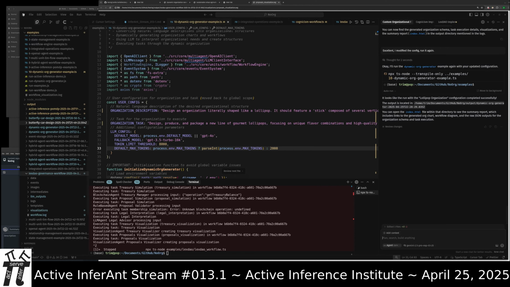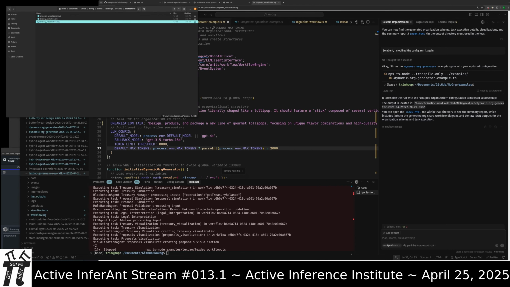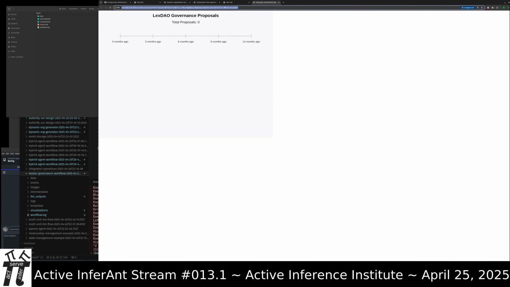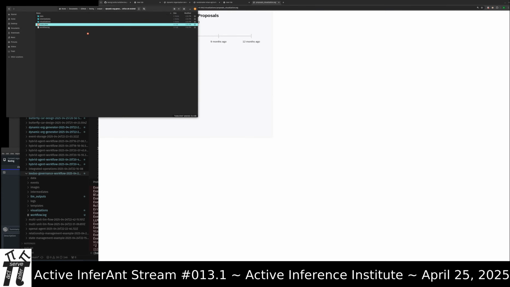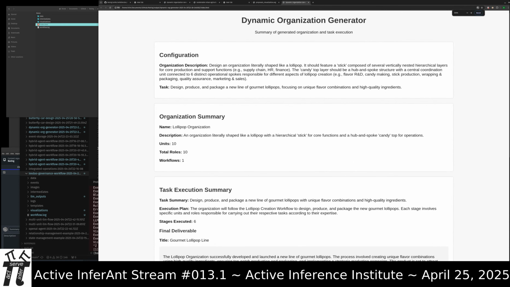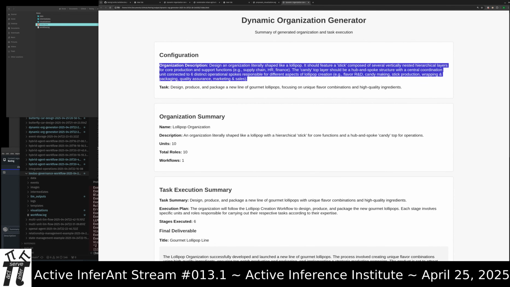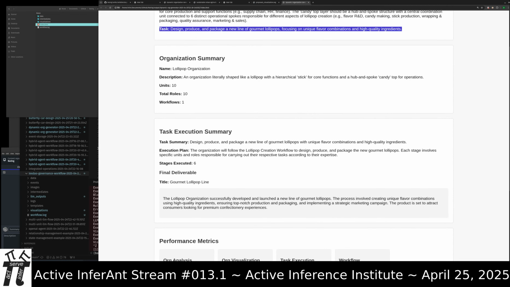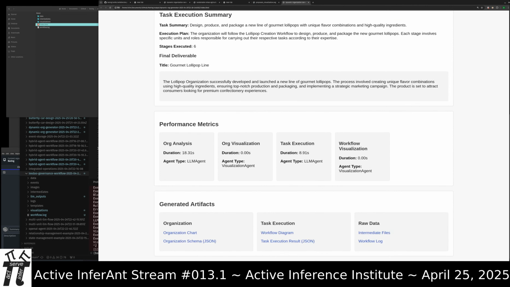Alright, let's look at the second dynamic org, see if we got the lollipop code. Who represents the Lollipop Guild? Of the lollipop, for the lollipop. They succeeded.